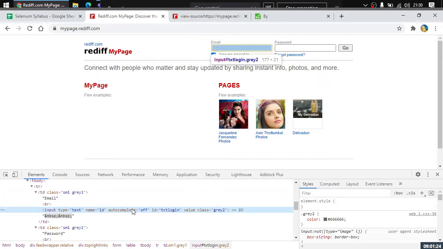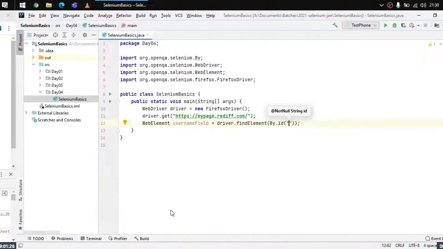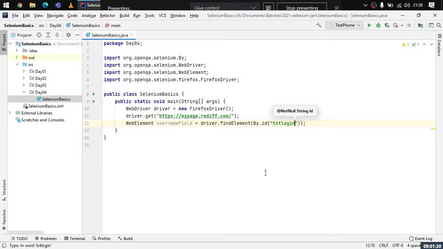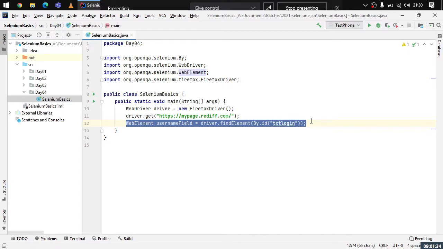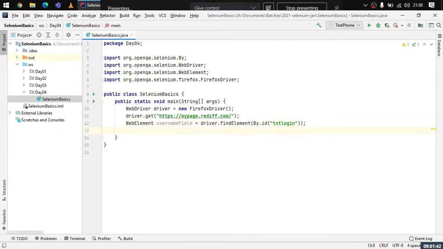Control Shift C, and you can see that the ID is txt login. Let us just go back and specify it. So at this particular line, we are able to find the element and store it inside a username field variable, right? Now to deal with this element, what needs to be done? Let us just see that.